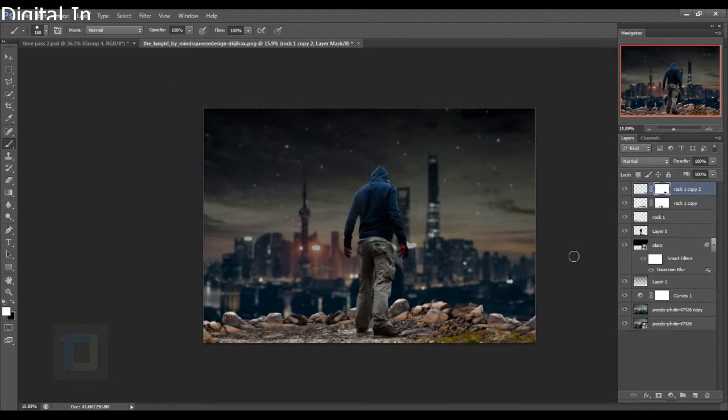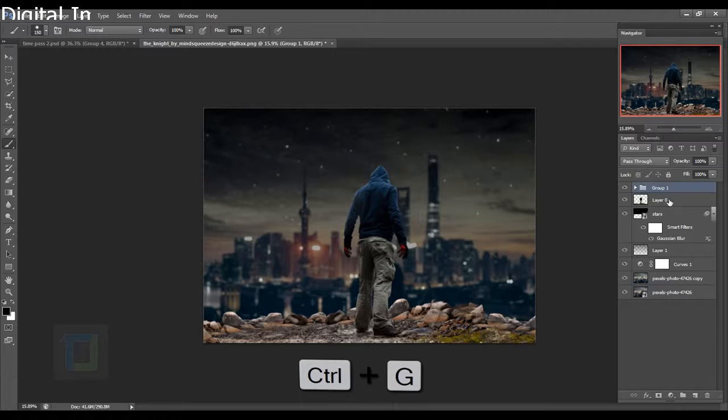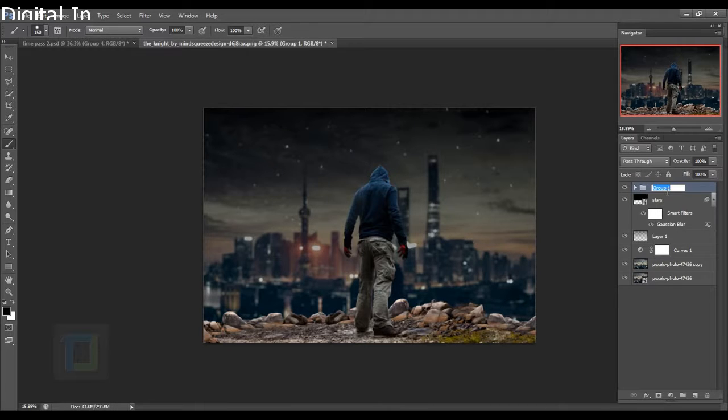Pretty simple, right? Not really though. So select all of these rocks, hold your control key and select rocks, then press Ctrl G, group them. Keep grouping when your project is this big, so it's easy to manage. Rocks. So this is done. Now we have to group rocks and layer 0 both. So hold your control key and select this time, and then press Ctrl G, and this time let's name it